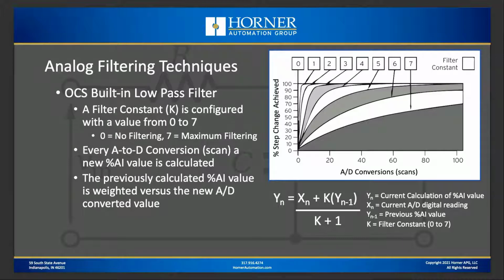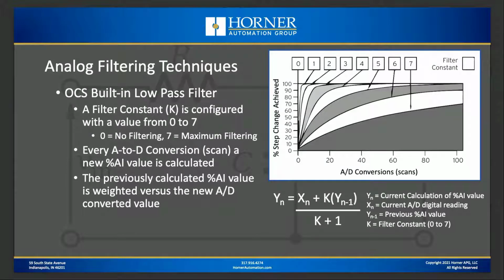Okay, and it's going to give each of those a weight of 1, or an equal weight. It's going to add those together and divide by 2. So with a filter constant of 1, the new conversion and the previous AI value have equal weight. Now, if you set the filter constant to a value of 2, the previously stored AI value has double the weight compared with the new conversion. If your filter constant is 3, the previous converted value, or the previous AI value, has triple the weight of your new conversion. So that's effectively the algorithm that's used, and you can see it graphically shown on the screen